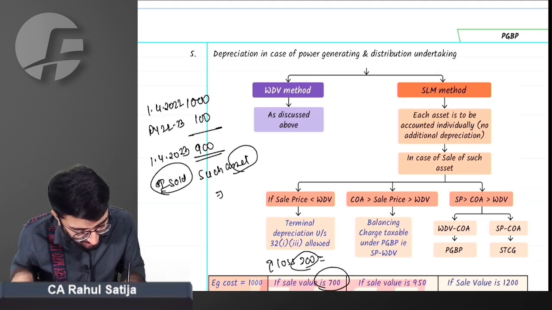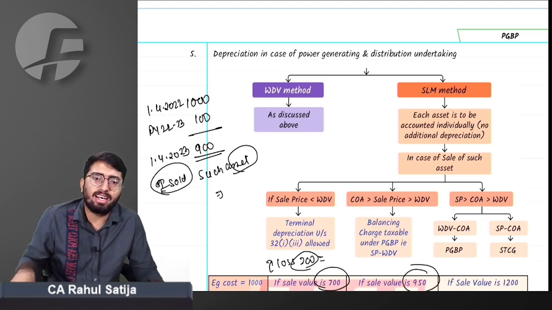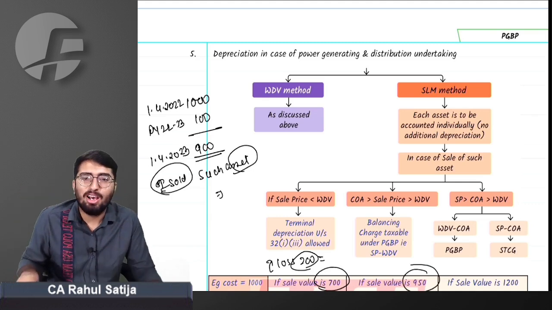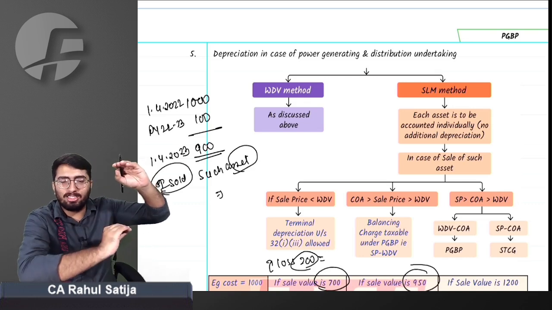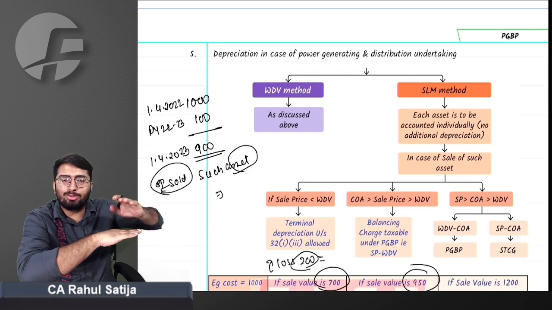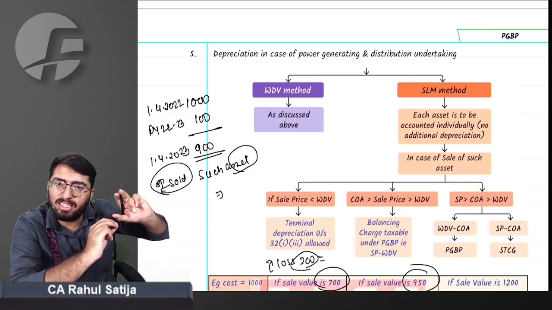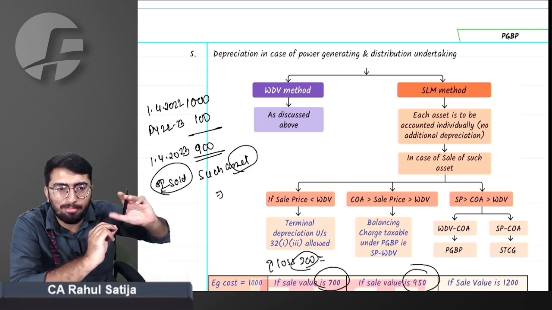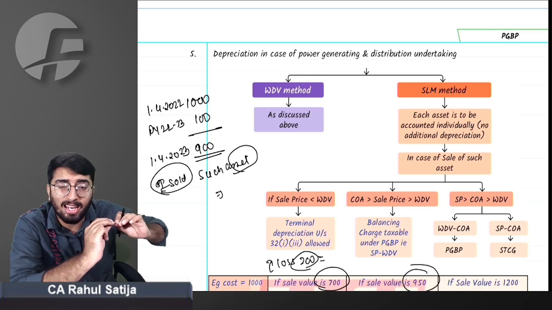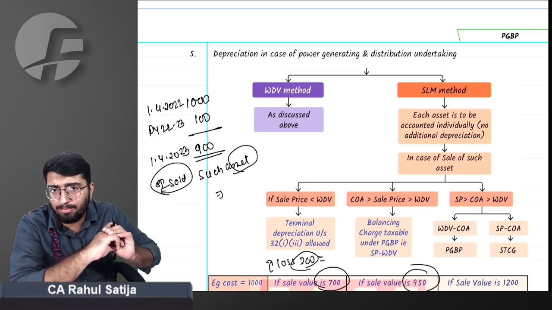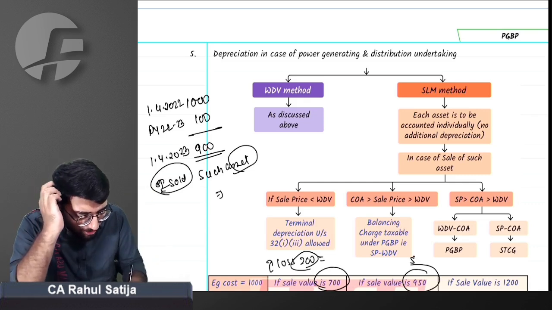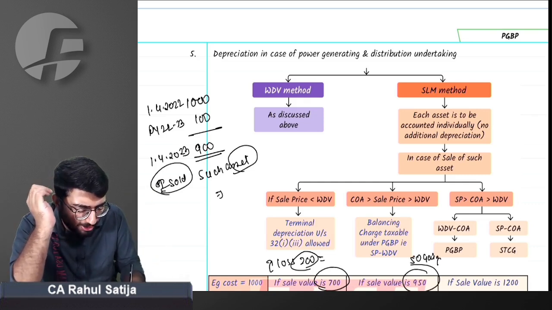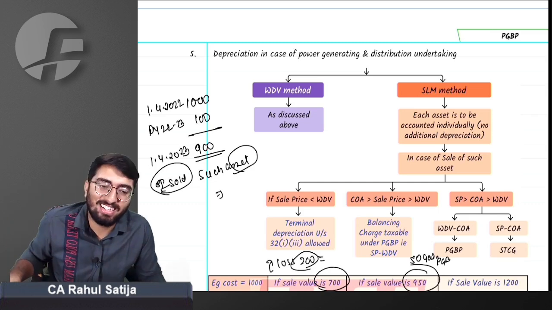Sir, what if I sell such asset for 950 rupees? Simple thought. So 1000 rupees cost, 900 rupees WTV. We have to calculate gain or loss from WTV. Can I say 50 rupees gain I am occurring? I am having 50 rupees gain because I am selling at a price higher than this WTV. Can I say 50 rupees will be gain and that shall be taxable under head PGBP? Yes, sir, it will be completely taxable.